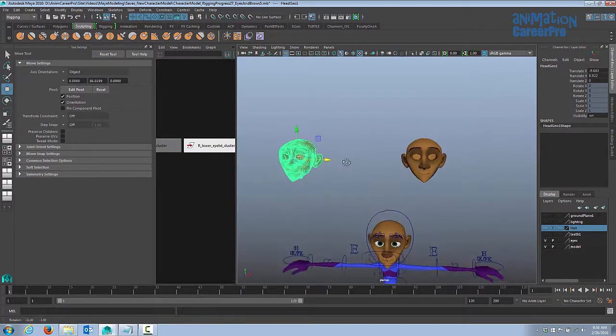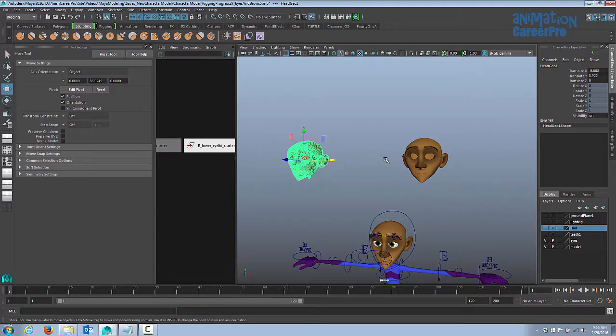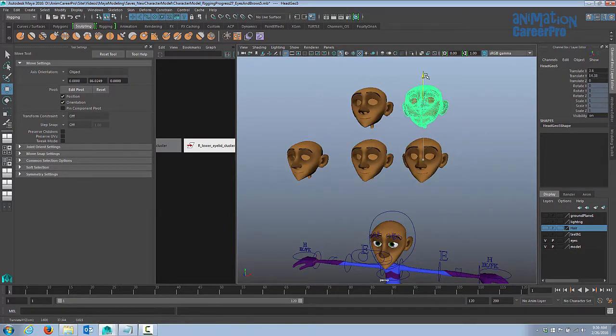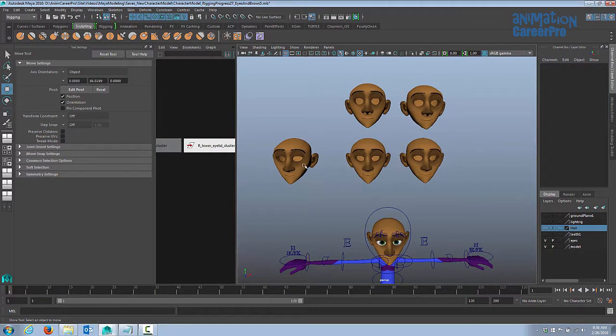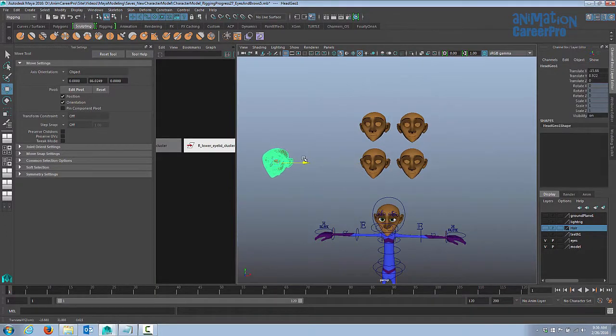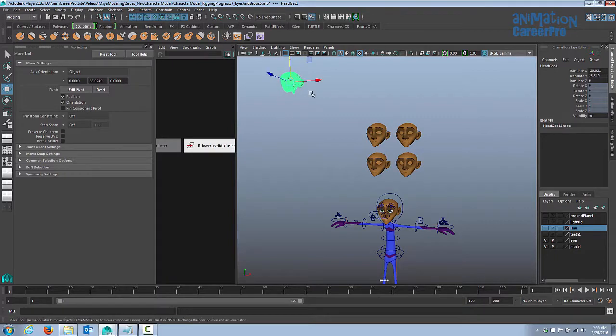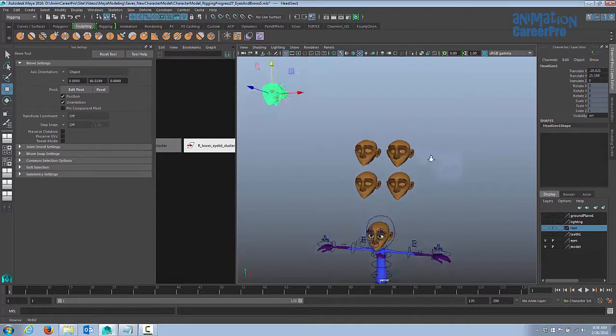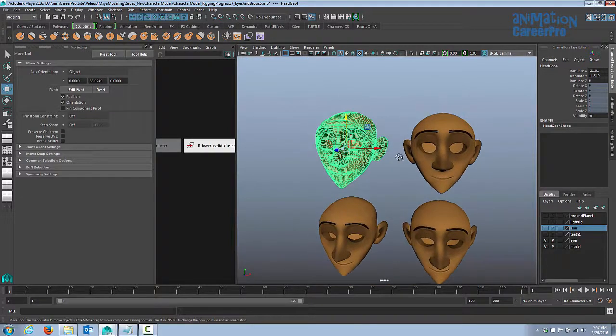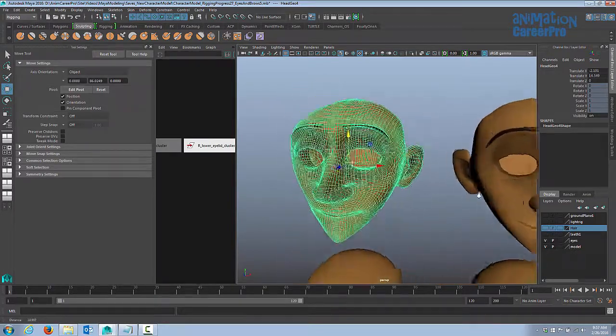So we're going to need 4. 2 for the left brow up and down, and 2 for the right brow up and down. So there, we have 4 now. We're going to leave this one off to the side. We'll just move it up to the side and up so that if I want to look in my side view, it's not going to be in the way. Okay, so on the top heads, let's do the eyebrows up.